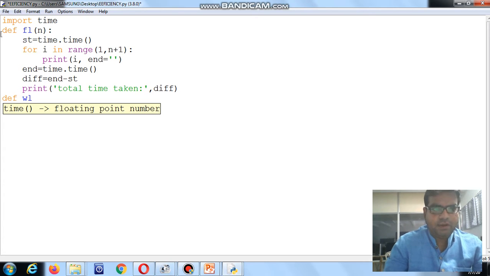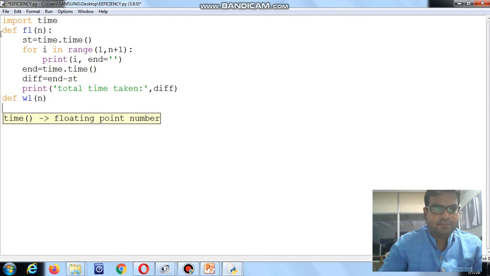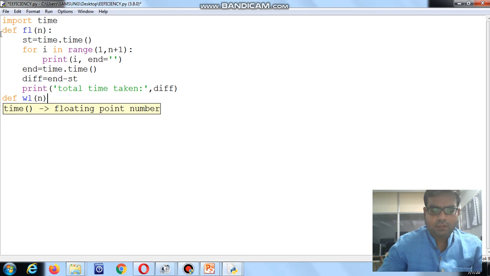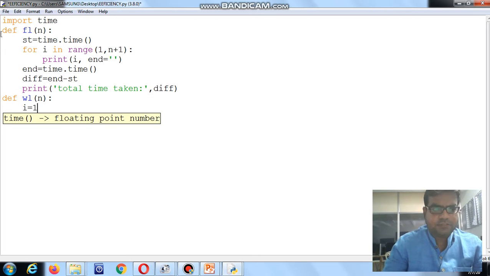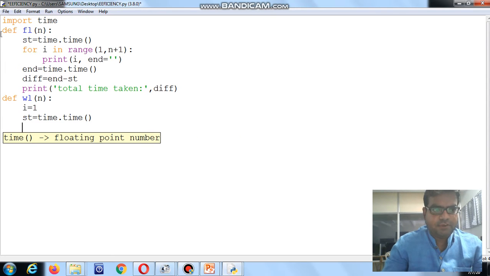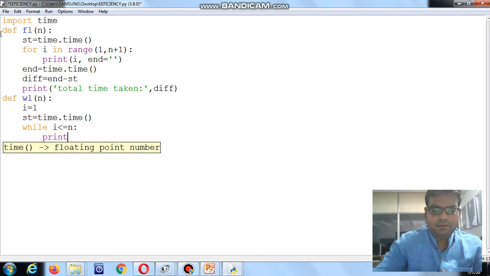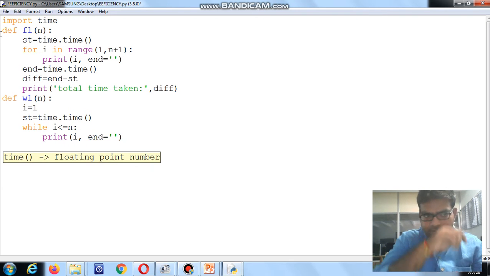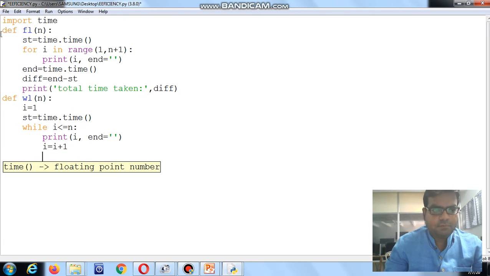Now we declare one more function using the while loop, def while loop. Also pass the number n. Then initial variable i is equal to 1, then starting time is equal to time dot time function. Then apply the while loop, while i is less than or equal to n, then print i, end is equal to blank, then increment i is equal to i plus 1, then our program is going to end.